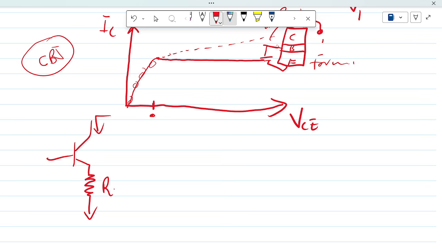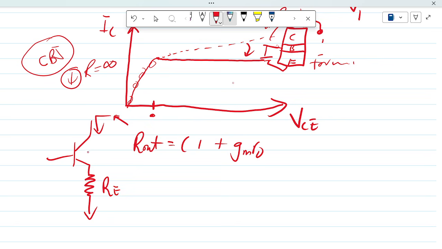So adding RE here will increase the output impedance, and because the ideal current source has an impedance of infinity, if the output impedance increases, then this slope here will gradually flatten. So in adding emitter degeneration, Rout seen from the collector becomes